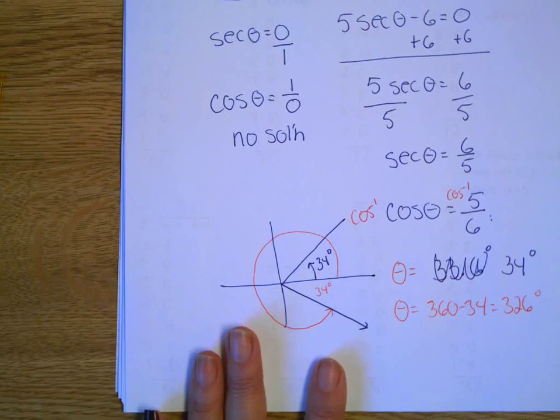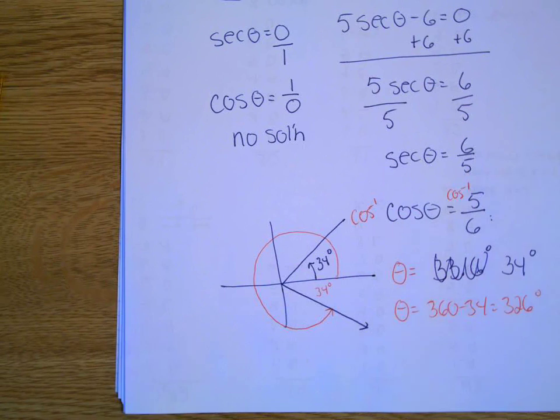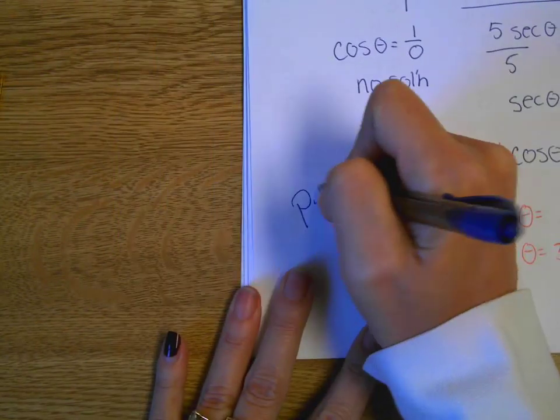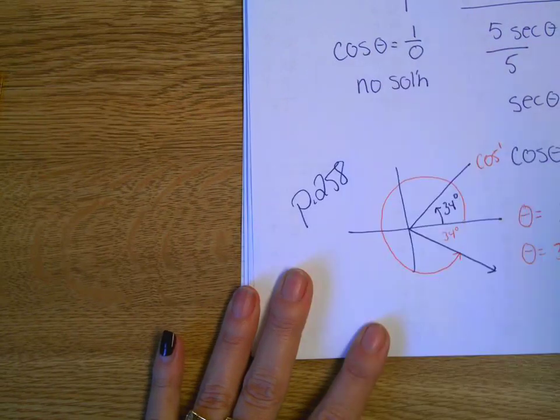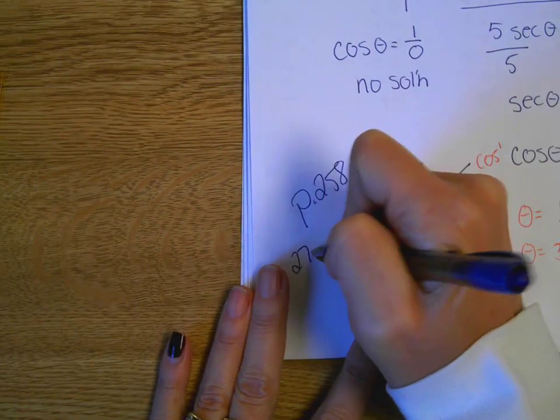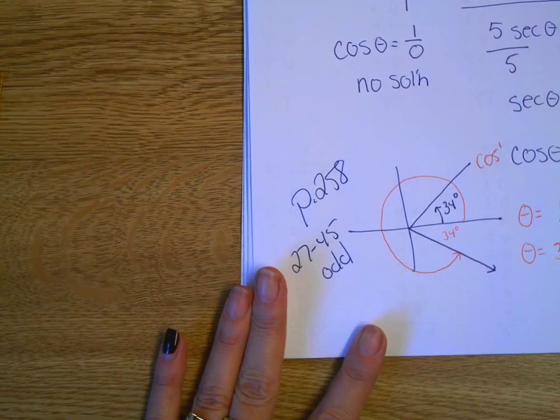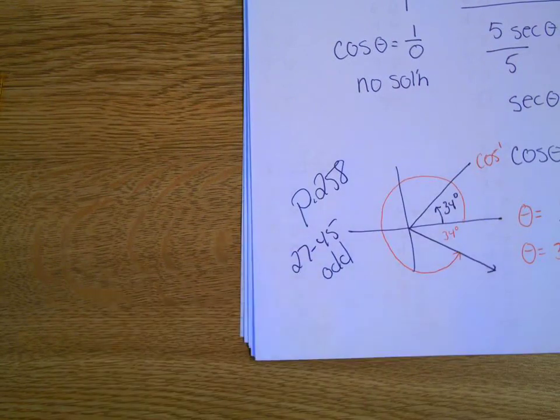Okay, so for your homework enjoyment, to keep you out of trouble, page 258, 27 to 45, odd. I'll put the answers up while you're working. You've got them in the back of the book too, but